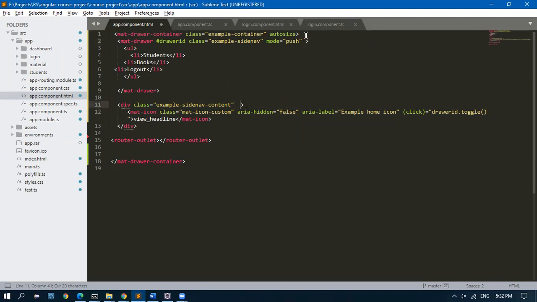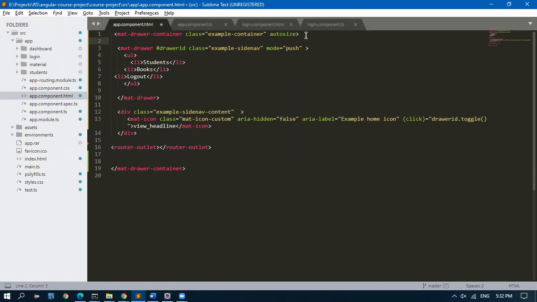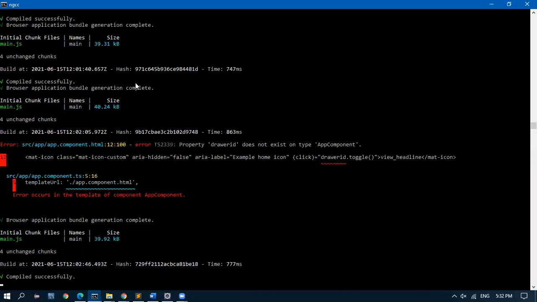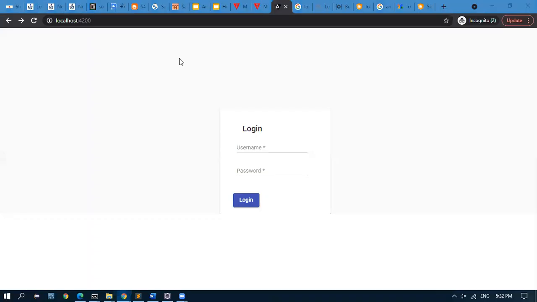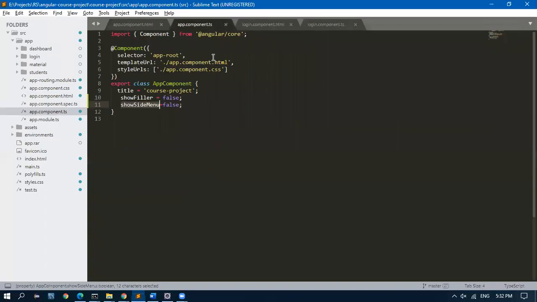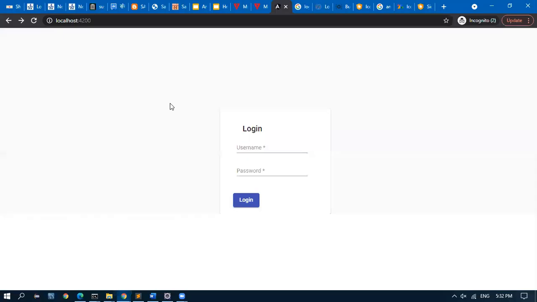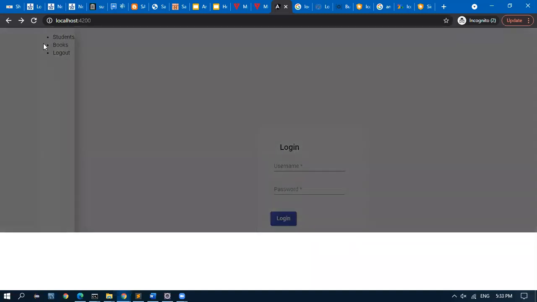I will give one div and I will put this entire thing inside a div. Super, it's hidden now. See here, by default it's hidden. Whenever we change this value programmatically, if I change this to true, then it will show.